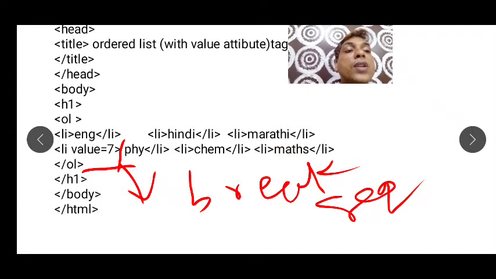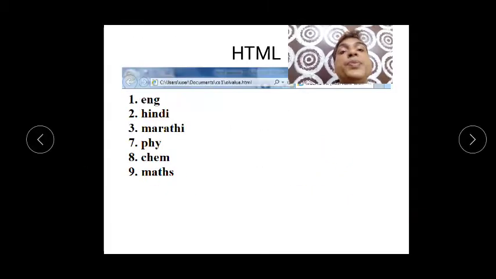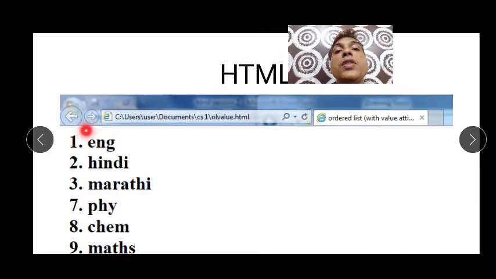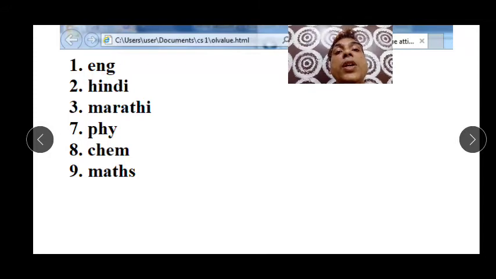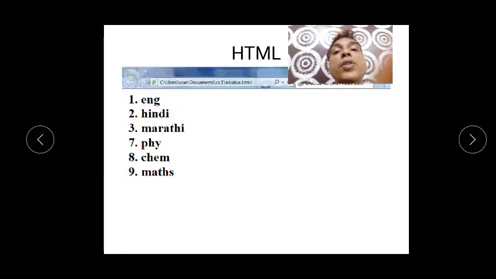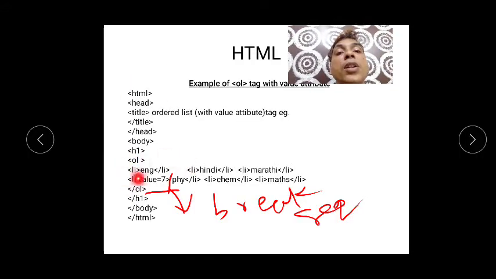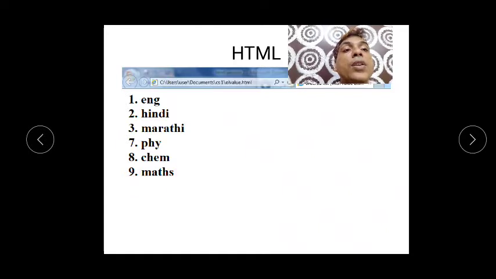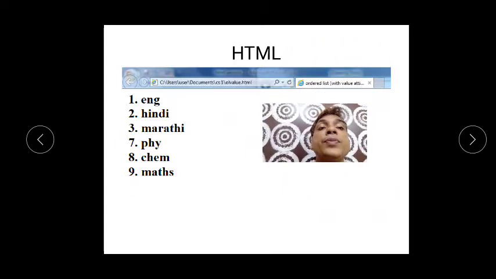So let's understand the output. Yes, this is a very important output. Can you see this is in order like 1, 2, 3, but because of the value attribute, the sequence has been changed to 7, 8 and 9. So I hope everyone has followed.